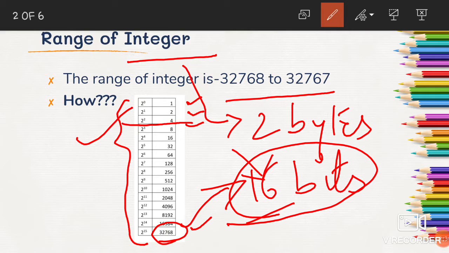So why is this minus to plus? Because as I said yesterday, an integer will be either a positive value or a negative value. If we do not mention any sign before the number, by default it will be positive.